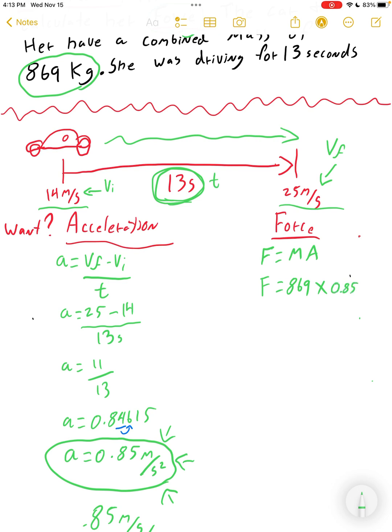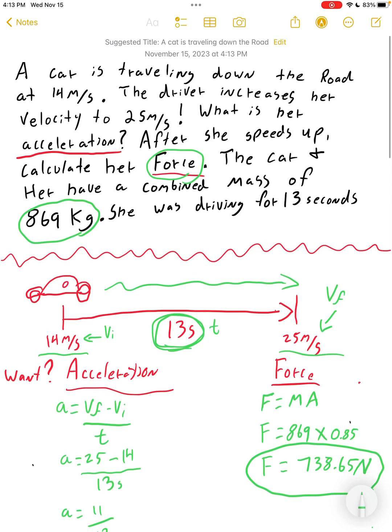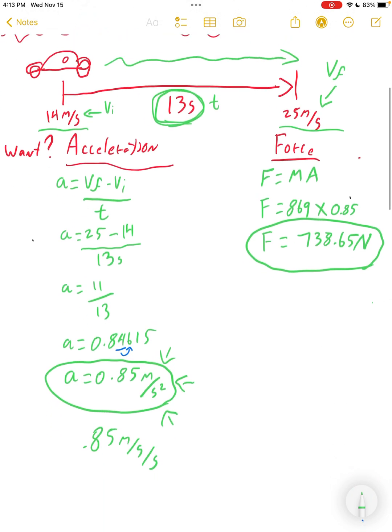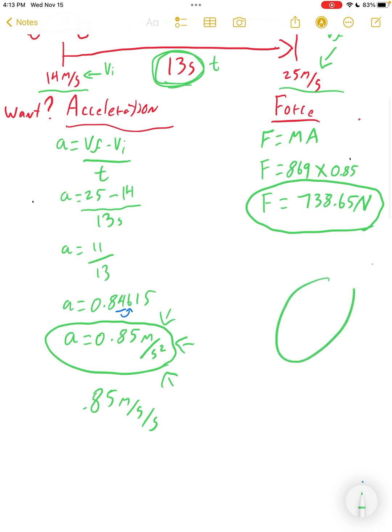0.85 meters per second squared, okay? And we do our calculations. Always bring a calculator. We have 738.65. Don't forget units. The units for force is going to be newtons. And wham, bam, we have answered our question fully. Let's double check. What were we looking for? We were looking for force, calculate force, and we were looking to calculate acceleration. I've showed my work. It's all logical. We are good to go. Thank you for listening and have a great